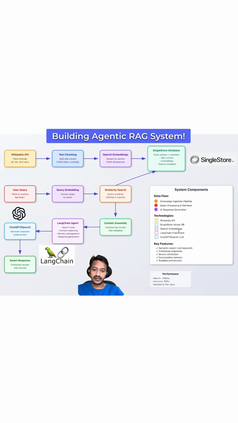And finally, why the architecture we are building is powerful, because it helps us with semantic search and contextually relevant responses. It gets you source attribution. Users can verify information because we tell them exactly where it came from, and there is conversation memory because we are using LangChain, one of the best open source frameworks out there. And also the whole architecture is scalable. The system can handle multiple documents and